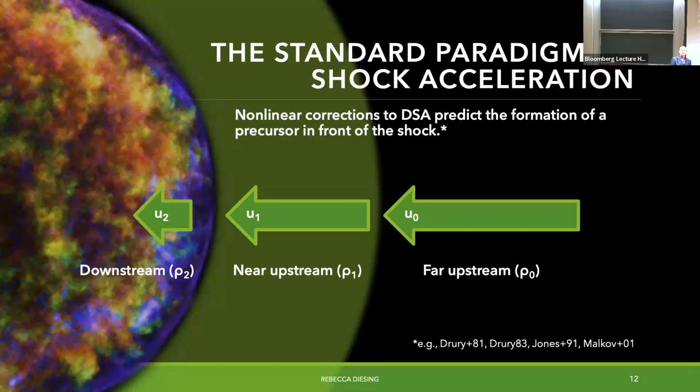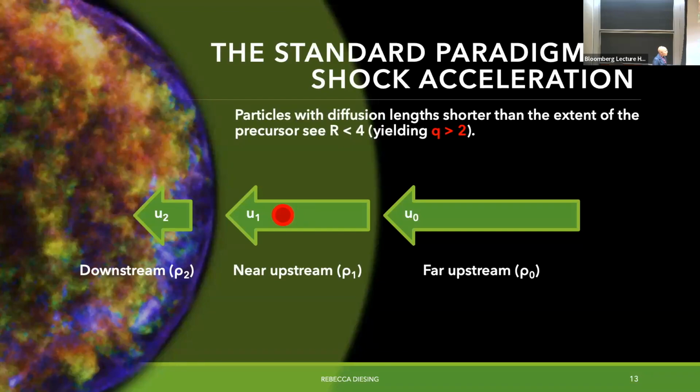So let's consider the fact that you have a shock and it's accelerating particles efficiently. Now you have a non-negligible pressure from your cosmic rays. And so that's going to create this region that we call the precursor in front of the shock, in the near upstream. It's basically a region of enhanced cosmic ray density with respect to the background plasma. That's going to create three regions that you need to consider: the downstream, this near upstream with a slightly slower velocity, and then the far upstream, which is the completely unshocked, unperturbed ISM, or whatever your ambient medium is. Now, how does this affect particle acceleration?